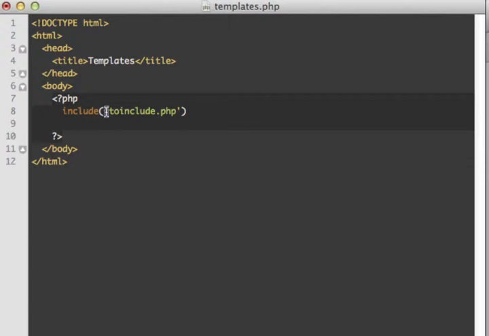And I'm saving these 2 files, the templates.php file and the to include.php file, in the same directory. They don't have to be in the same directory, but if I were to put it in a different directory, say if I had a directory within it called includes, and then my to include file was in that directory, and in the same directory as the includes directory is the file templates, I can do that. It's just like the relative links that you've learned about when you've done HTML. So since these 2 files are in the same directory, I can just put the name,